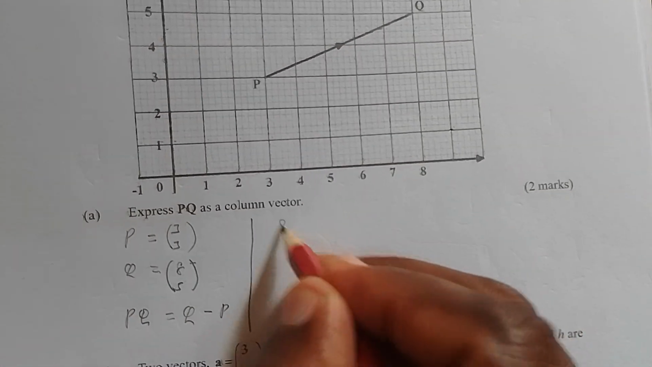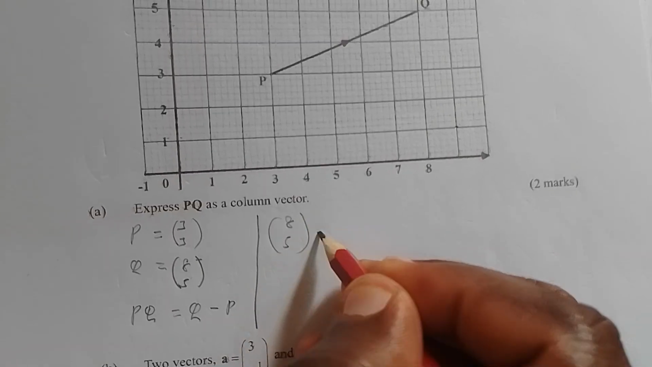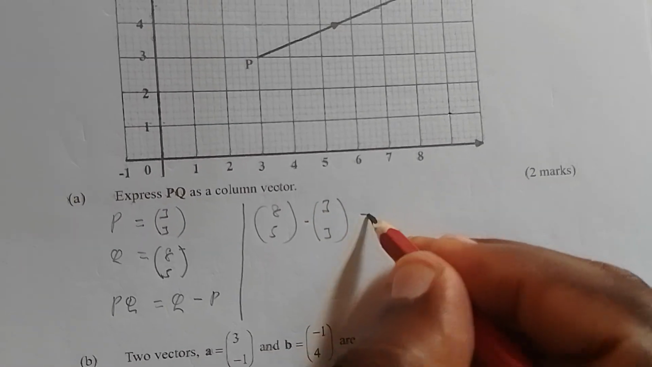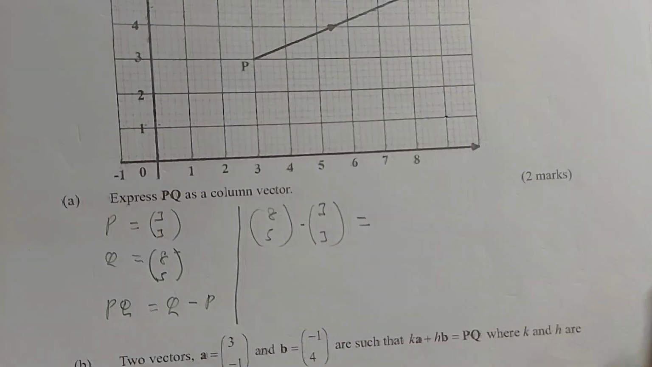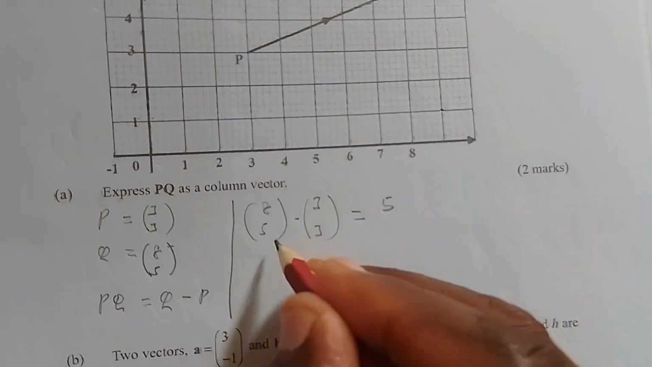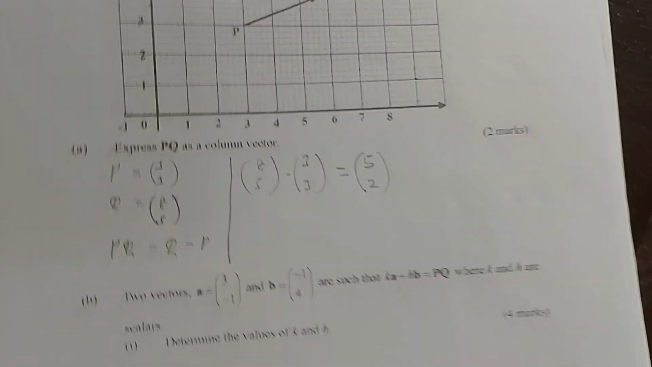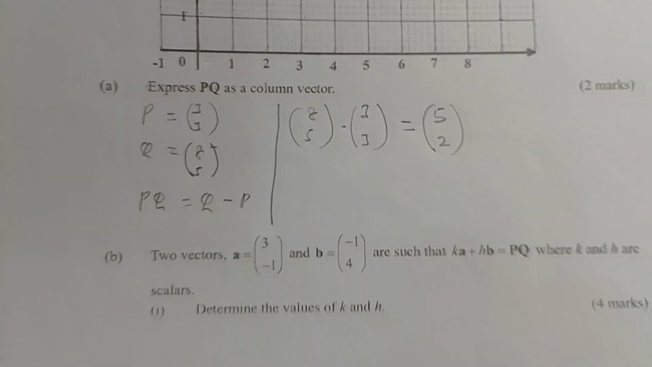So if I take (8, 5) minus (3, 3), this will give me 8 minus 3 is 5, and 5 minus 3 is 2. So that is how vector PQ is supposed to be expressed. Then B,